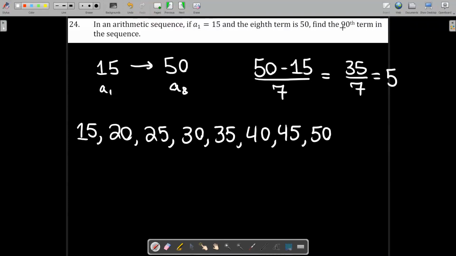The way that we're going to find the 90th term is we are not going to list this out. I mean, you can, but it would be a huge waste of time. We're going to say that the 90th term, actually I'll do this in a different color because it's kind of important,